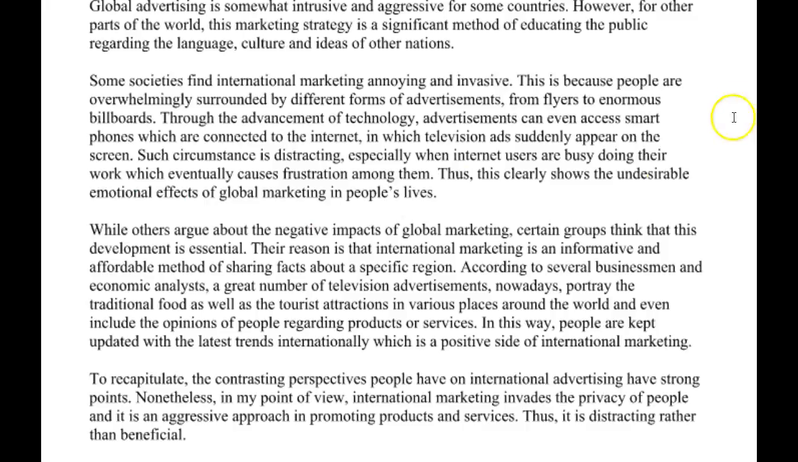Yeah, so this is about the way that people feel about marketing. So in academic writing, it's always better to talk about consequences in real life and things that happen practically speaking. So